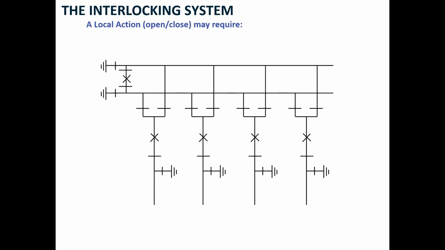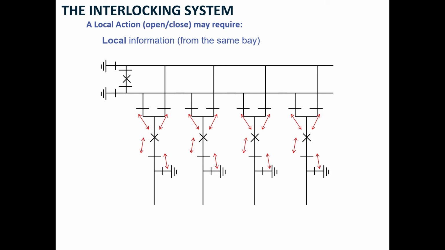This is one case in which there are two busbars, and now the local information will be available to you through the isolators and breakers of the local bay. But in case you want to control some isolators or earth switch of, suppose, this busbar, you need the information of the remote feeders or the other bay feeders also. So what we need is the information of this bay, this bay, this bay, and this is called remote bay information.